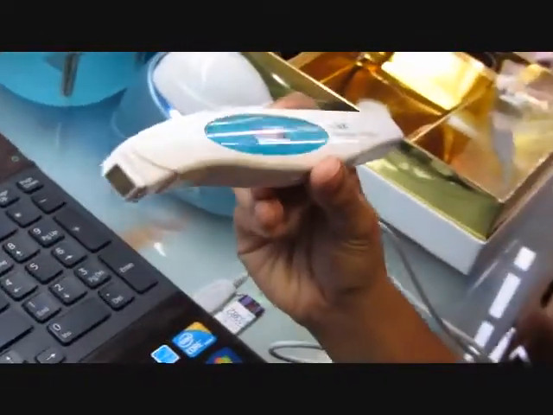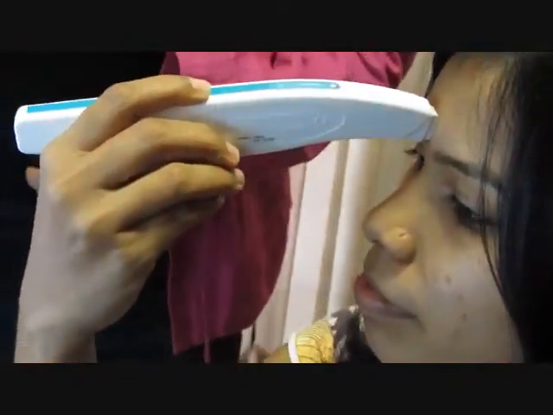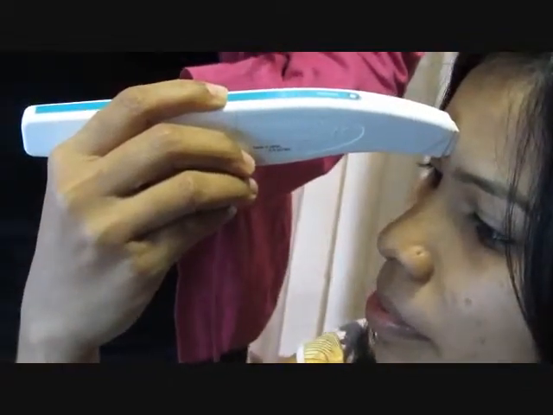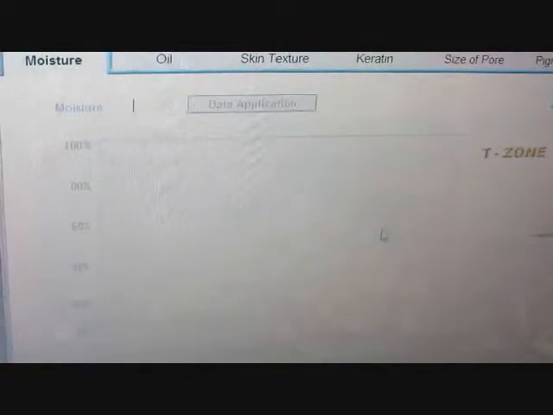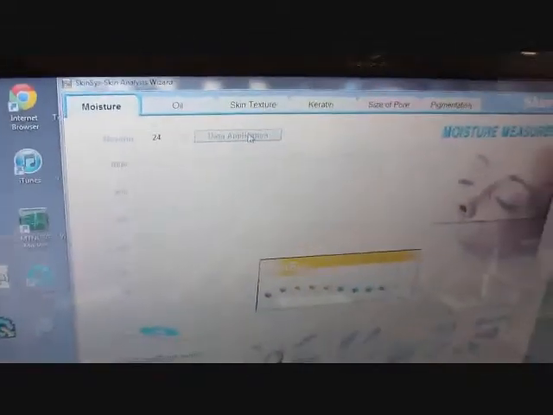Now keep the probe on the T-zone till it beeps and gives us a percentage. Enter the percentage and click on Data Application. Repeat the same process for U-zone if required.